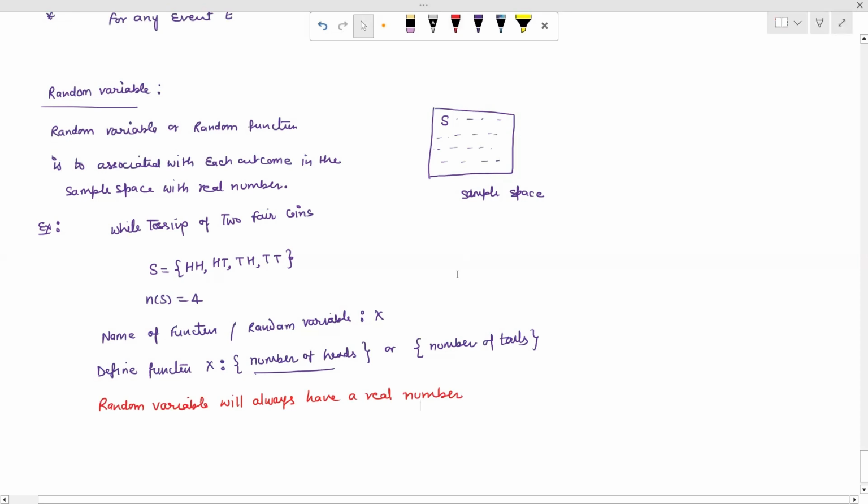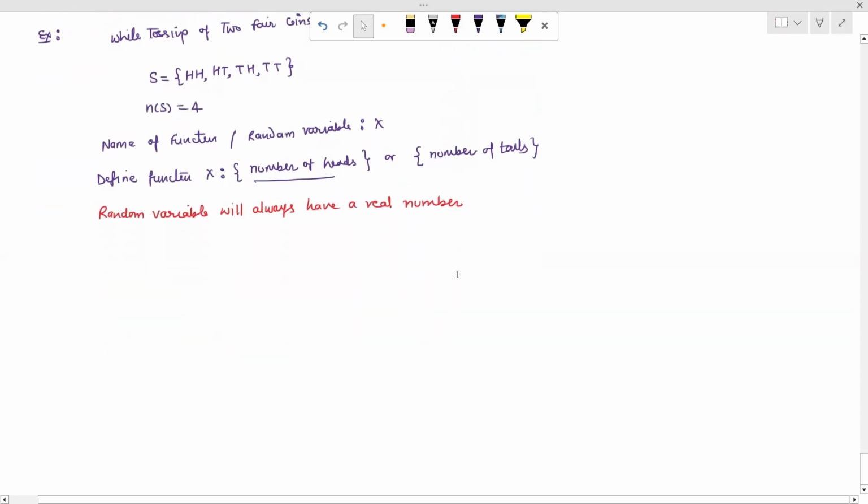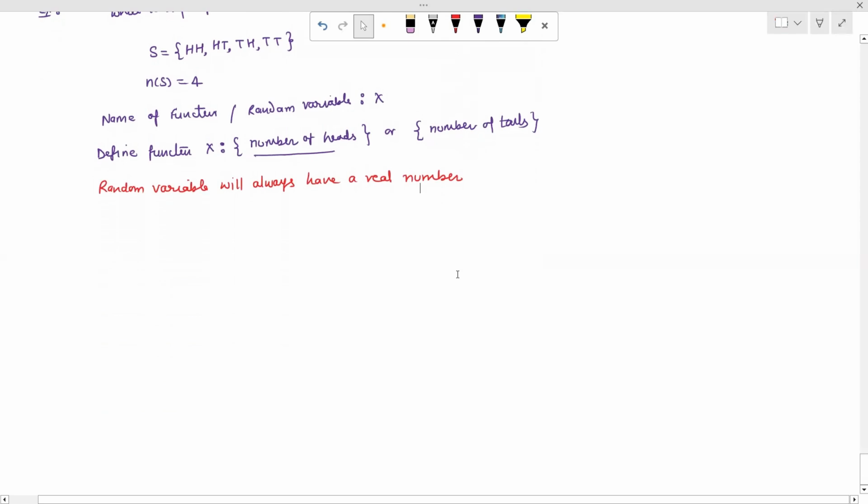So two things we have discussed. One is sample space, second is event as an output. The random variable we represent by a number. So that number, first consider for number of heads. So this is basically an event. Event we denote as having one head, two heads, zero heads. When we represent this in the form of a number, that number is said to be